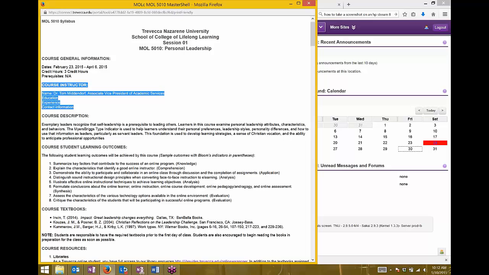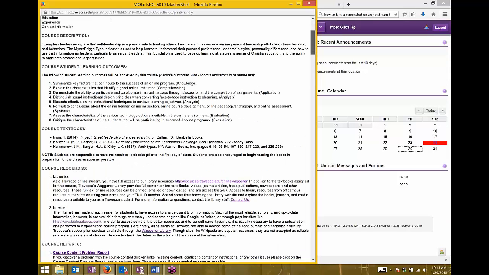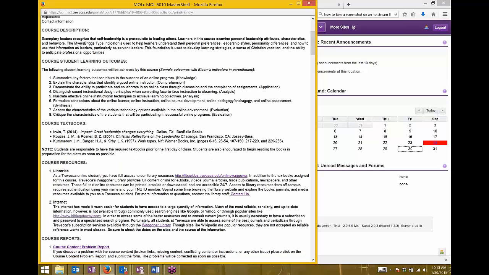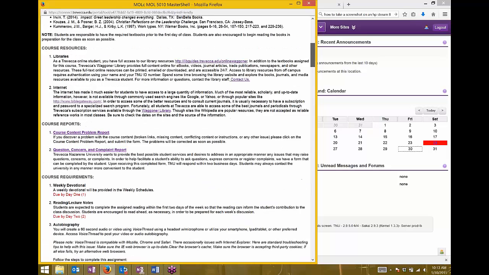Here's where you want to put your experience, your education, your contact information so that the students are easily able to see right off the bat how to contact you if they have any questions. Beyond that, if you've set up a syllabus before, you know that putting the description at the very top, the learning outcomes, the textbooks, and any notes they need to see. It's always nice to have course resources,